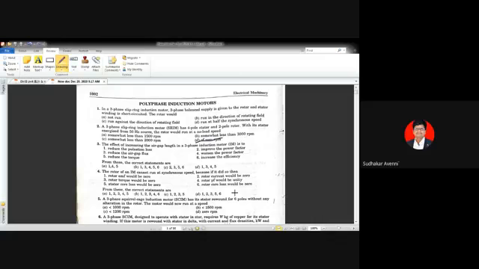So why is it nearer to synchronous speed and not exactly synchronous speed? When the rotor runs at synchronous speed, what happens? There is no relative speed between the stator flux and rotor conductors. That means there is no EMF induced. When there is no EMF induced, there is no current flowing in the rotor winding. When there is no current in the rotor winding, there is no torque developed in the rotor.